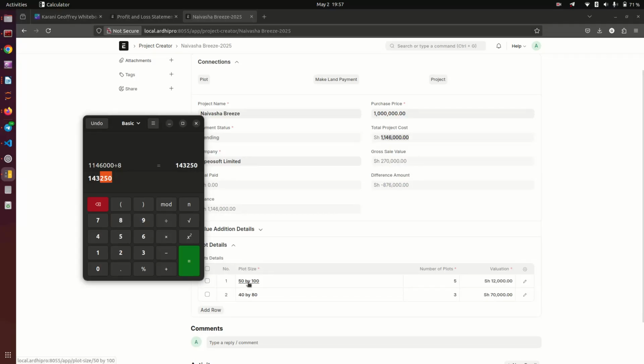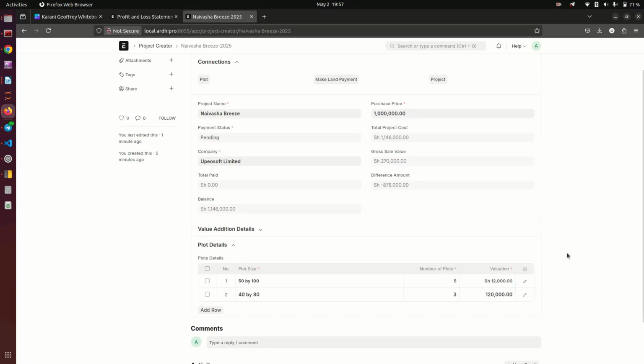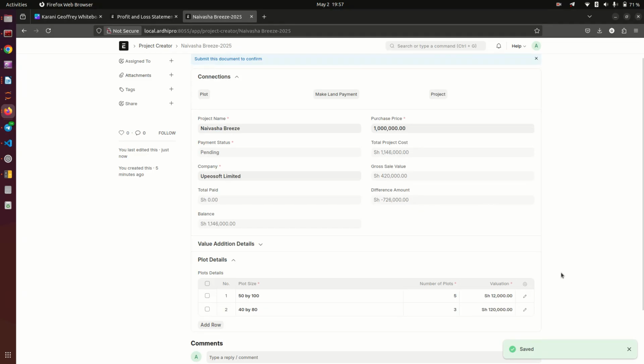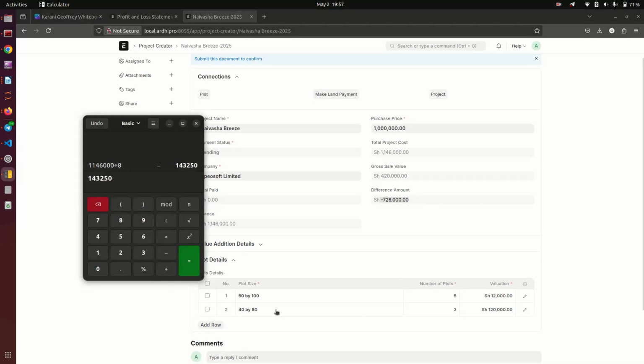Now, of course, the 50 by 100s are going to be more expensive than 40 by 80. Yeah. So I can say, for example, 40 by 80, the cost is 120,000. Then I can save this. Remember, I'm doing this because I'm not really a land seller, so I'm just trying to make sure that this amount balances. So when I do that, now I have 3 40 by 80s costing 120,000. So where do I delete this thing? I don't know. Okay, maybe that does it. So now I can do 120,000, and then I multiply this by 3 to get the total valuation of these 3 plots. And then I can go ahead and subtract this